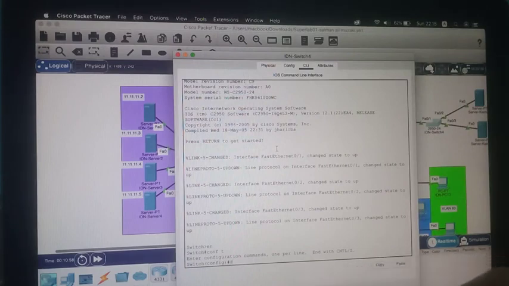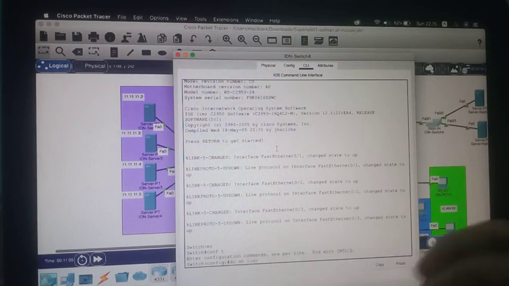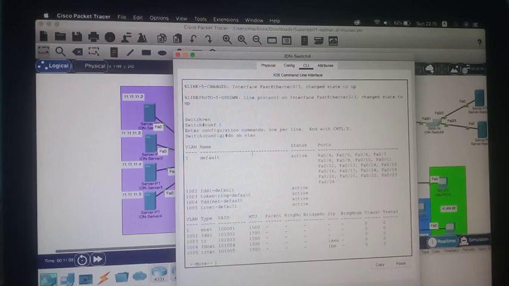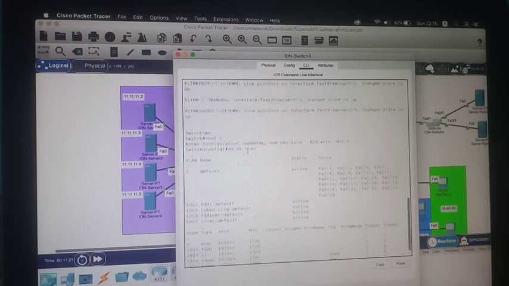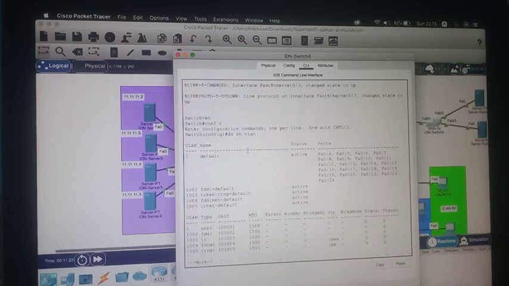The VLANs are active for this configuration in switch 4.